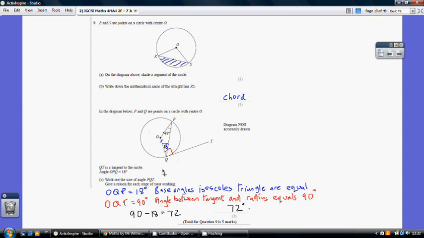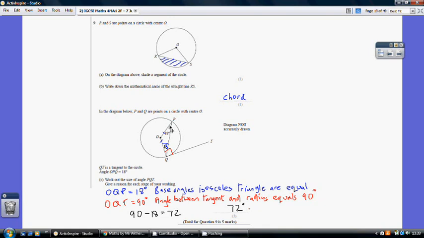Now in part C, we've got to work out the size of the angle PQT. So the angle from P to Q to T, so this angle here. Now what we've got to do is give a reason for each stage of your working. So every single fact you find out, pop it on the diagram, but also write a sentence to justify the maths behind it. Now the first thing we can say is angle OQP is also 18 degrees,